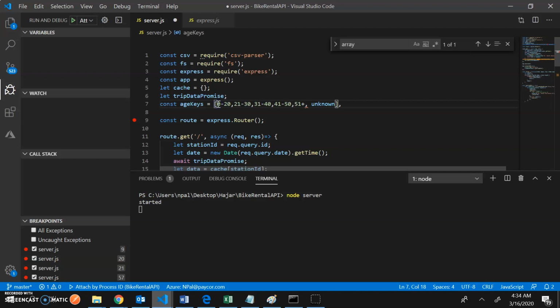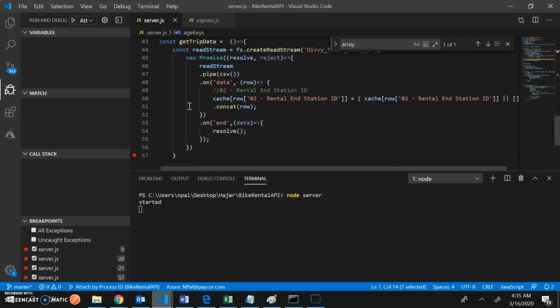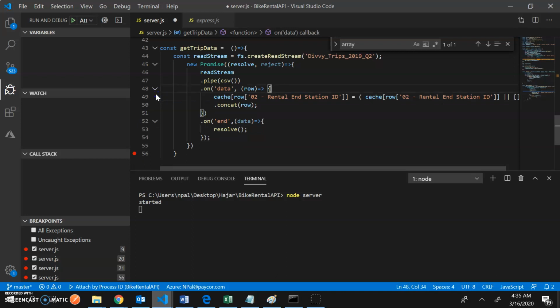Okay, so this is one age group, 0 to 20. This is second age group. This is third age group, and this is fourth age group. 51 plus, instead of that I will create 51 to 999. Nobody will live that long, I know. An unknown will be handled by hand manually. Okay, so all I need to do is, let me do one small thing. When I'm processing this, I can get the age very easily, which is